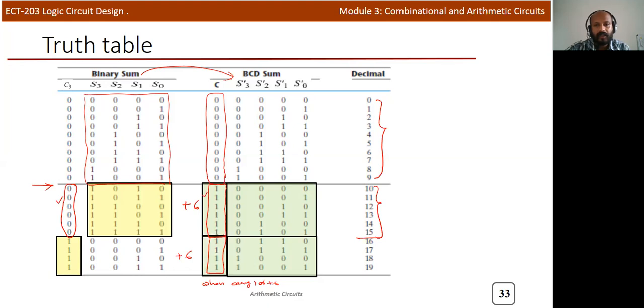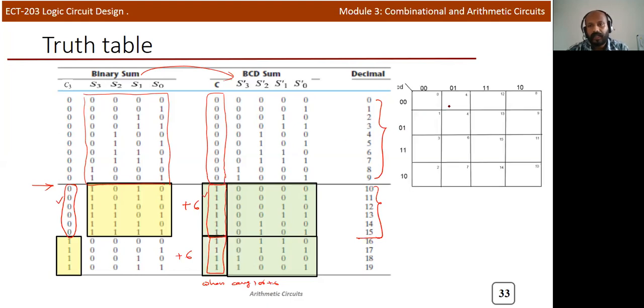So for that we can take the K-map to solve that. So when you take the K-map, we need this carry bit. We need to implement this BCD sum carry. So we can take the variables S3, S2, S1, S0. So this will be 0, 1, 2, 3, 4, 5, 6, 7, 8, 9, 10, 11, 12, 13, 14, and 15.